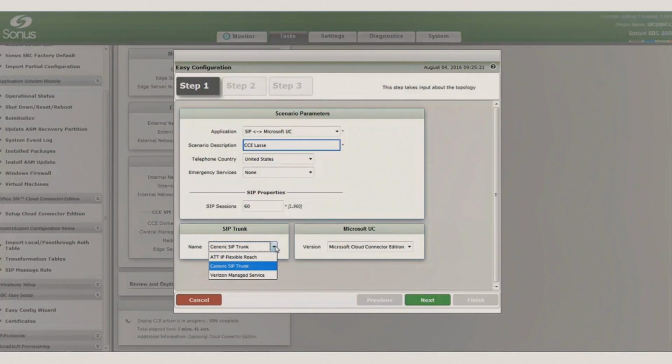Now, on the left side, we have generic SIP trunk. There is a template for AT&T and Verizon. There might be more in the future, but that's what's in this beta.